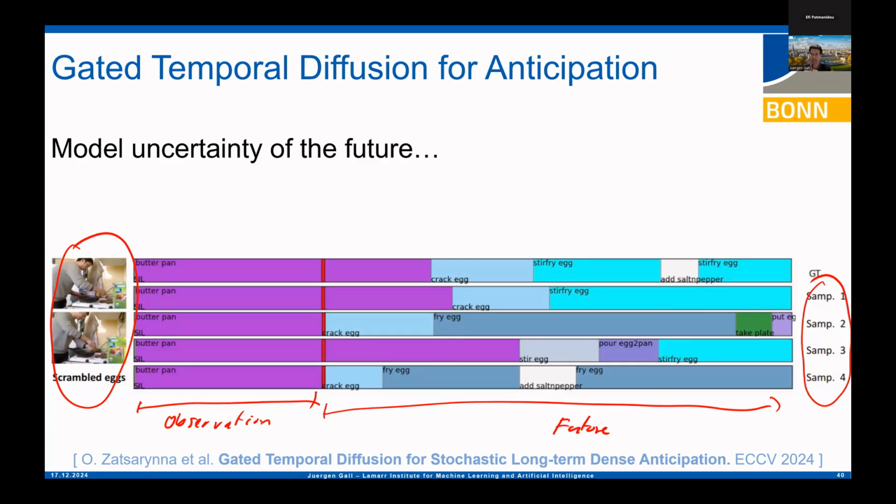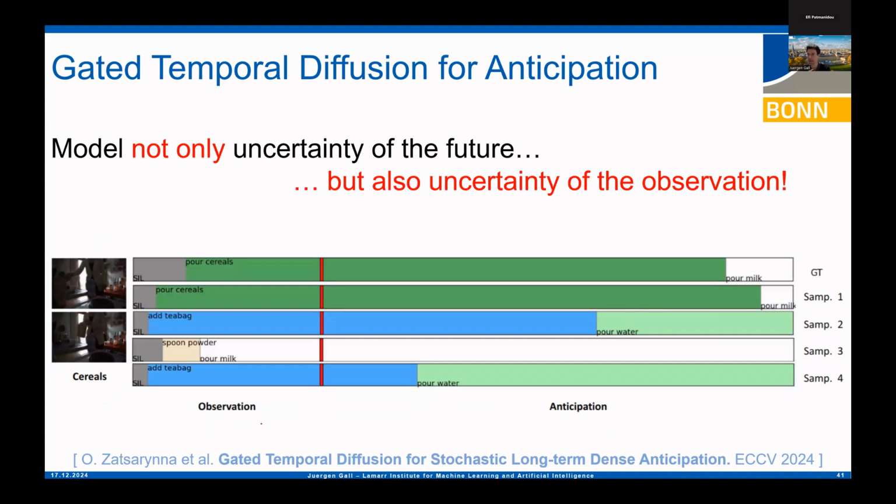But the important aspect so far with the human pose estimation is that we also use the diffusion model. So we also make multiple predictions, but the input was always the ground truth 3D poses. However, if you do it directly from the video, there's also some uncertainty in our observed video data. So for instance, if you look at these frames, the light conditions are very bad, and there might be some ambiguity in our observed frames. That technically means it's not enough to just model the uncertainty in the future. We also need to model what kind of uncertainty we have in the observations. And that makes it much better to understand why we have certain predictions.